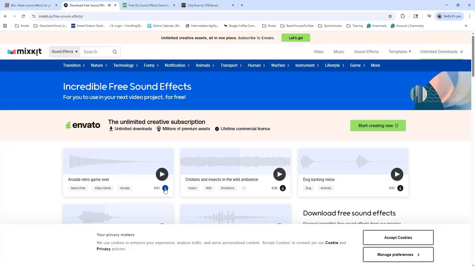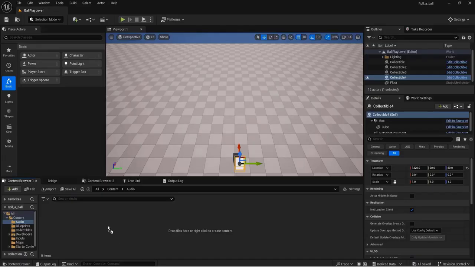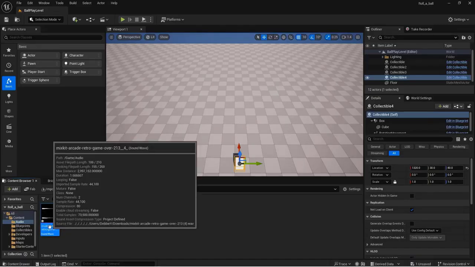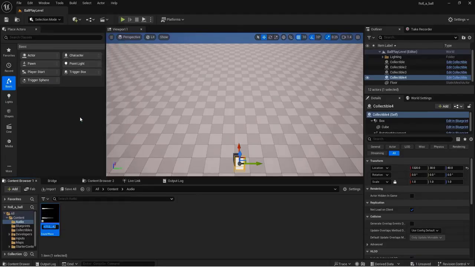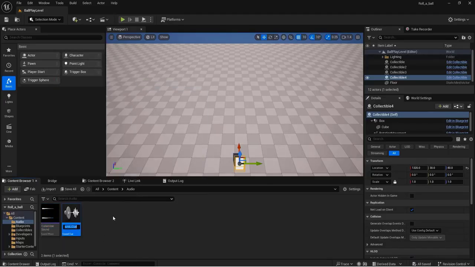So we'll just click the download button, and you need to drag this right into your Unreal Editor. So we're going to do this, and then we'll give it a shorter name. So we'll call this Collectible Sound. Now on here I need to create a sound cue, which allows me to do some extra things